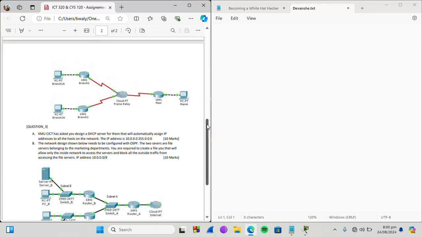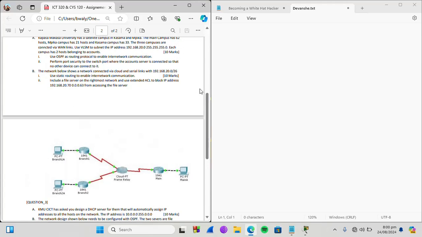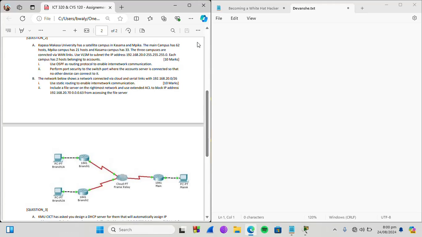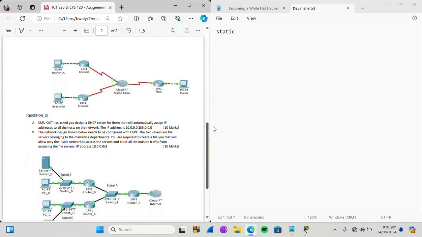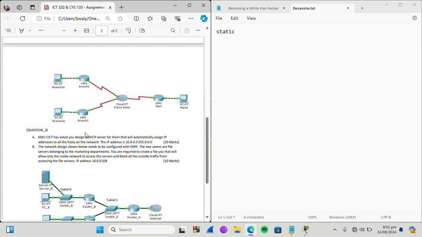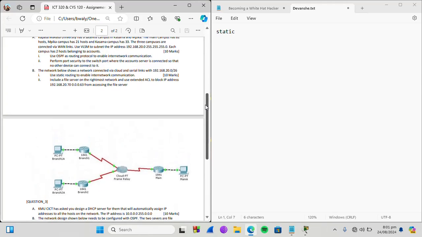So now the first step, we need to identify the type of network which you have been given. So in this case, take note that we are using static routing, meaning the subnet mask we will not change. It will remain the same throughout the entire network, because here we have been given branches. We have branch 1, branch 2 and the main. So now with that said,